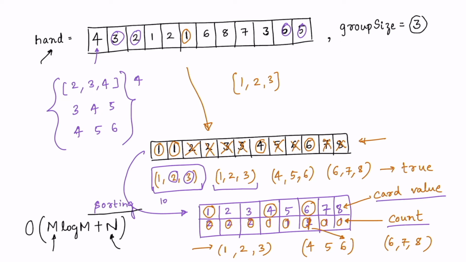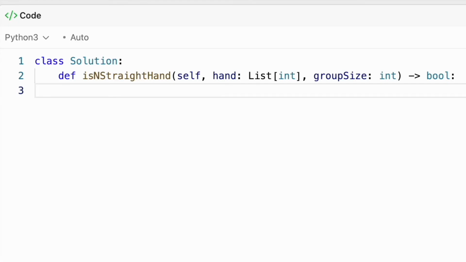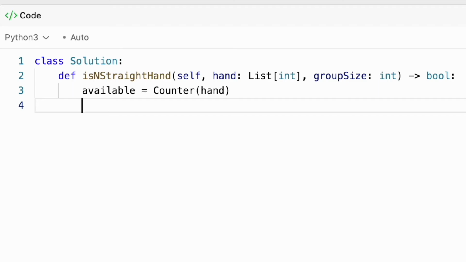Let's write the code for this algorithm. First, we have to build a hash table of all the cards with unique value. We can do that using Counter of hand. Let's call this available, because these are all the cards that are available to us. Next, we have to go through these cards of unique value in the sorted order. So for card in sorted(available),